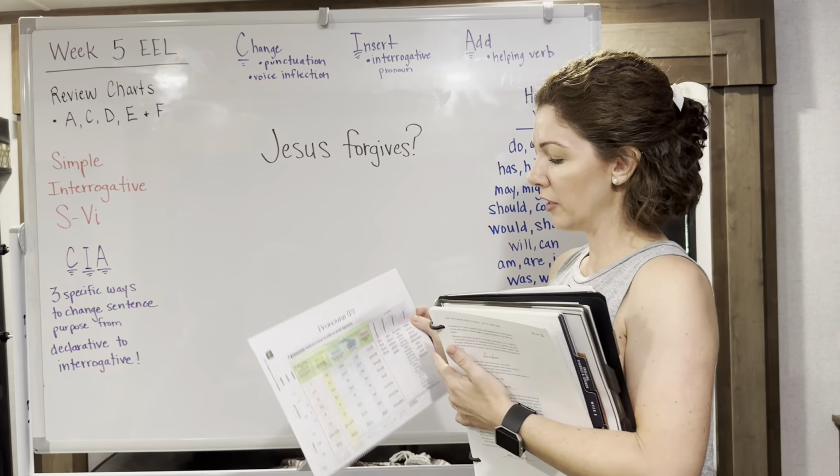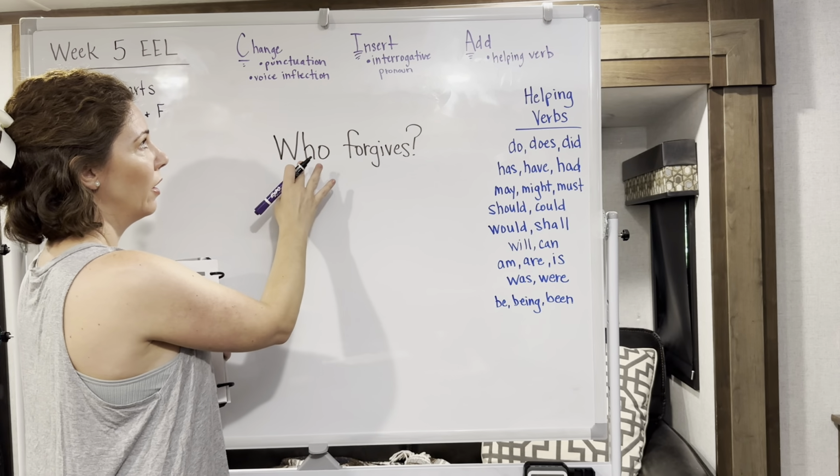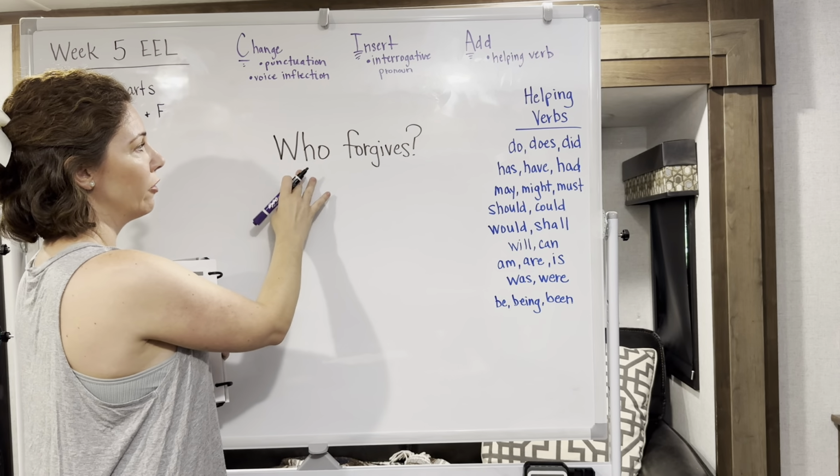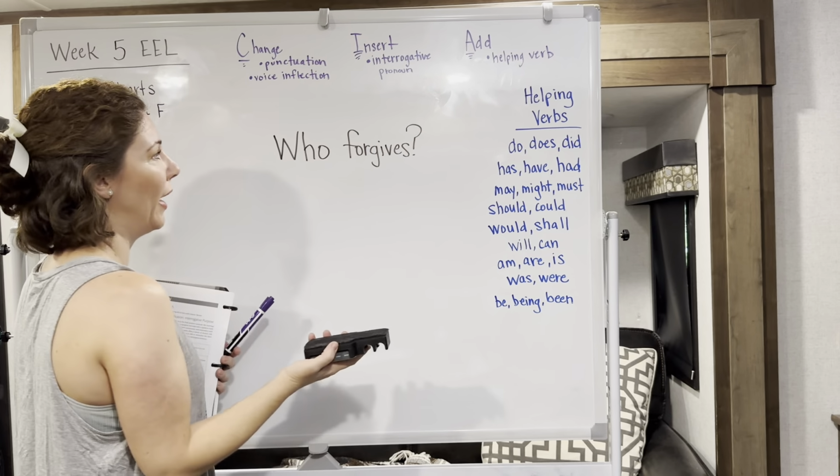So now we're working on the second way to change our declarative sentence to an interrogative purpose. So now we've said who forgives? Who forgives? So we've replaced our subject noun with an interrogative pronoun, and that's how we changed our purpose. We'd added our question mark already, and then if we had our same sentence, Jesus forgives, and we wanted to change it a third way with adding, we could